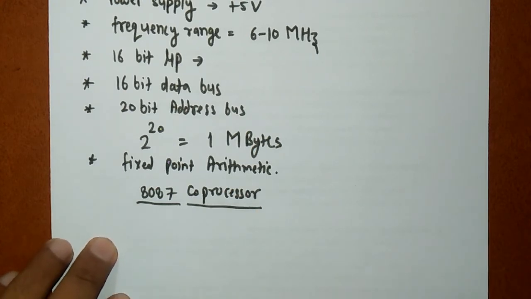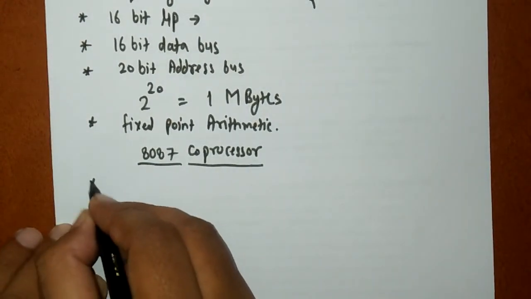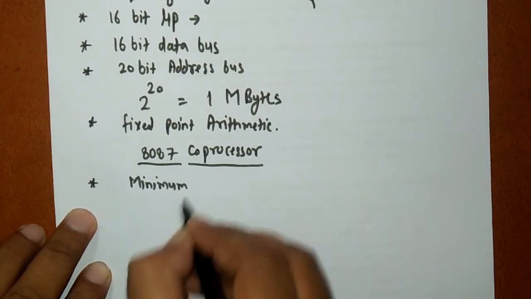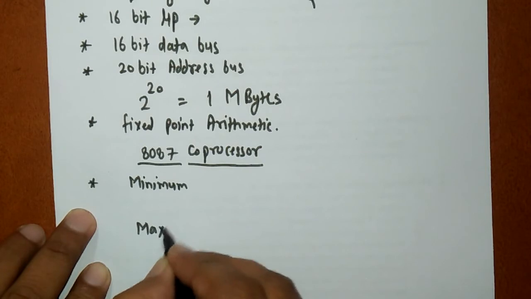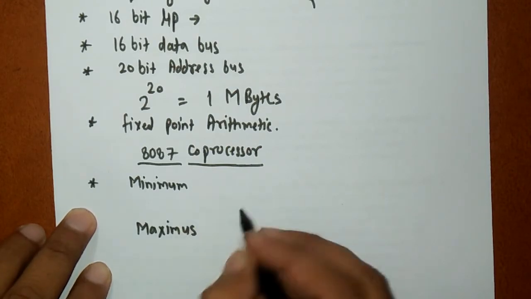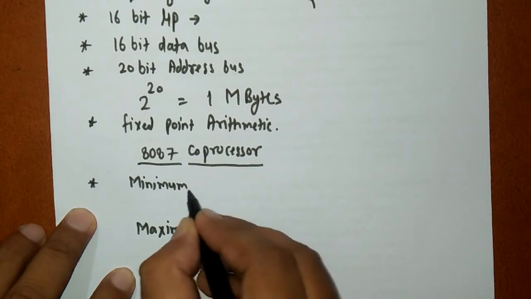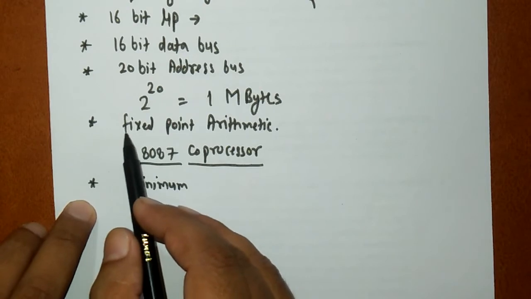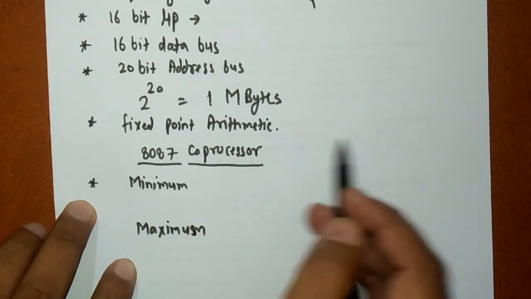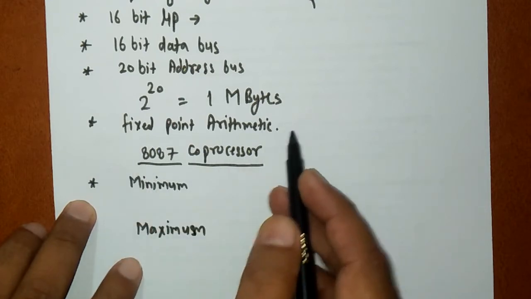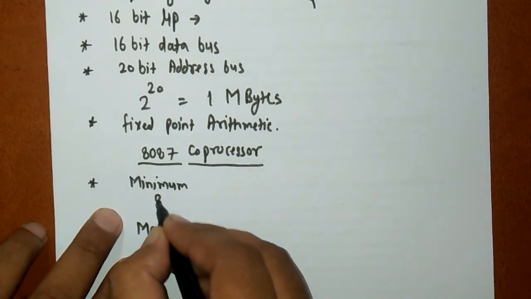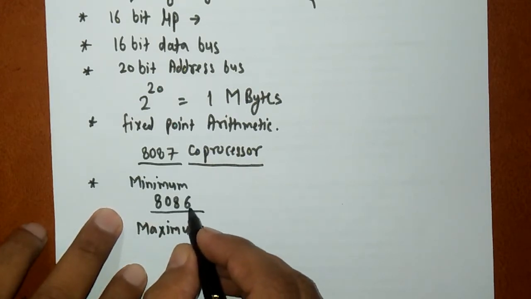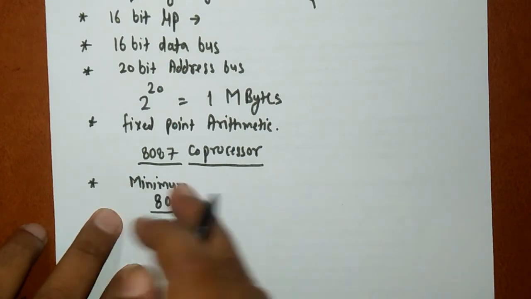Next point is that 8086 is designed to operate in two modes. First is minimum mode and second one is maximum mode. So what is minimum mode and what is maximum mode? You can take a clue from our previous points. When it will be behaving as fixed point arithmetic operation performer, when it will be performing only fixed point operations, that means when only 8086 processor is used, in that case a single processor is used, and we will say that 8086 is performing operation in minimum mode, right?